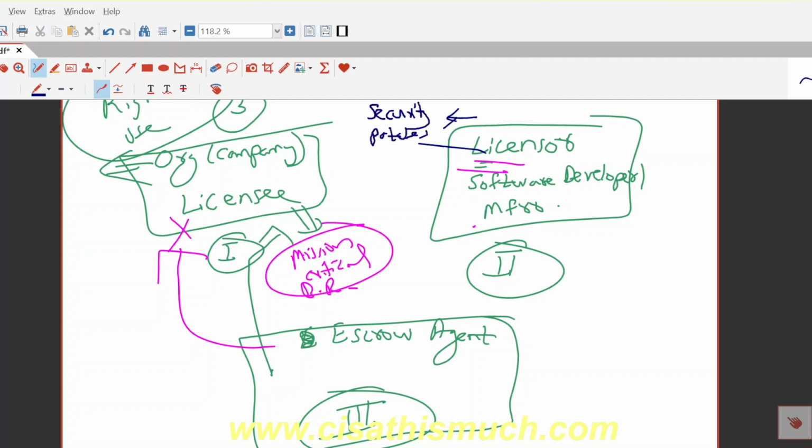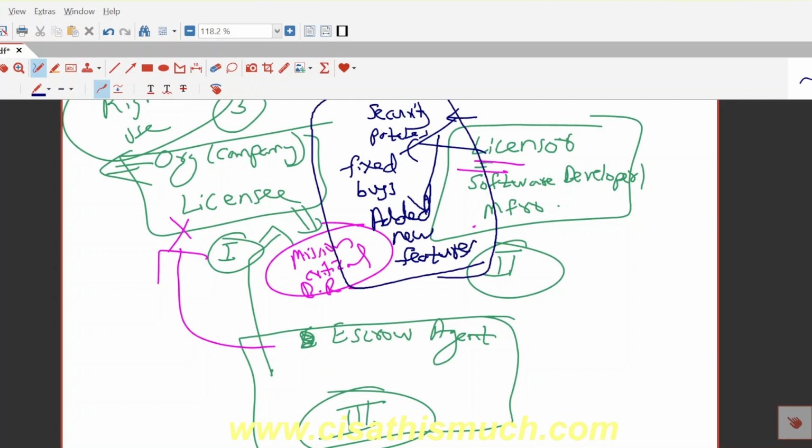fixed some bugs, added new features. All these updates, whatever is happening on the source code, should also be updated to the escrow agent. The escrow agent must have the updated version,